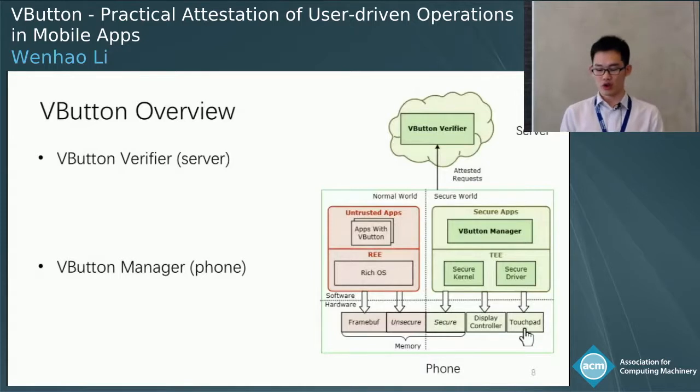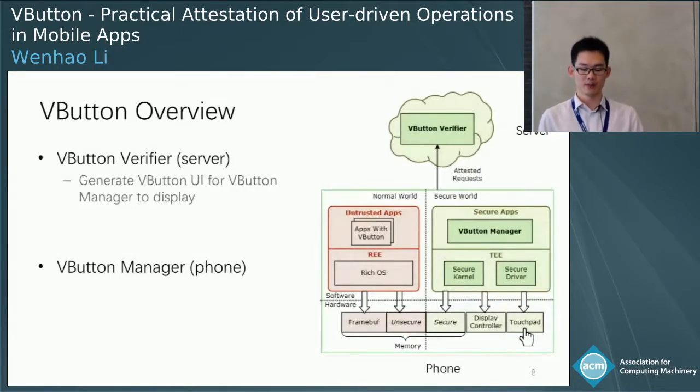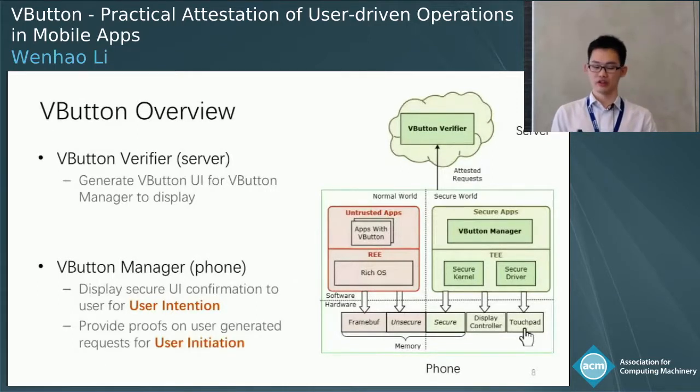For each secure operation, the verifier will firstly generate a VButton UI, which is a secure image for the manager to display. And the client side of the manager will display the secure preview to the user using the secure UI in the TrustZone for the user intention. And then it will provide some proofs on the user-generated operations by monitoring the hardware events in the TrustZone.